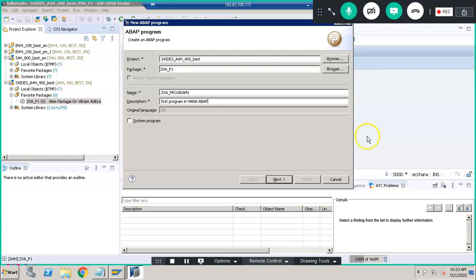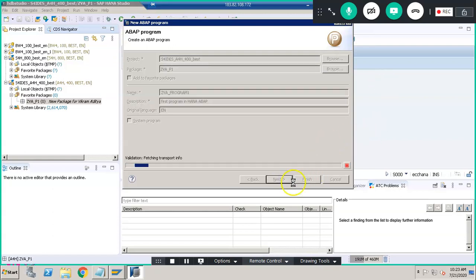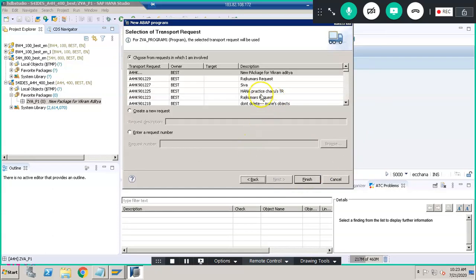Click on next. Then we can create our own request. So create our new request, or we can select the existing request which we have just now created.